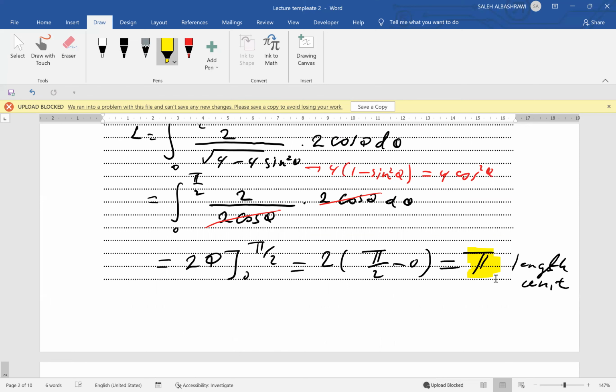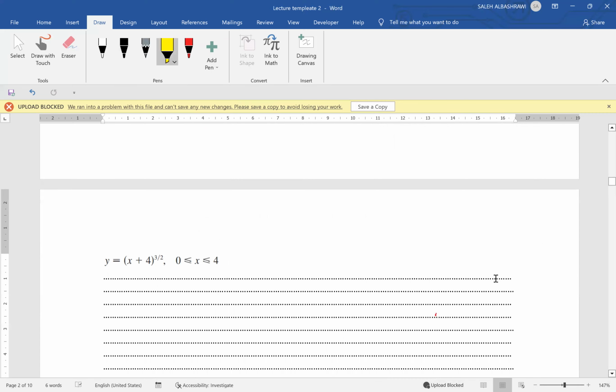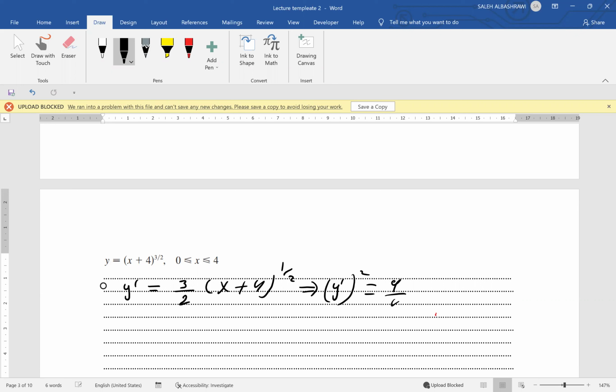Let's have another example. Let's find the arc length for this function: y equals (x plus 4) to the power 3 over 2, where x is between 0 and 4. As we did in the first step, let's find y prime. That will be 3 over 2 multiplied by (x plus 4) to the power 1/2. Square it, and that will give me 9 over 4 multiplied by (x plus 4), since the power 1/2 is removed by the square. So the arc length L equals